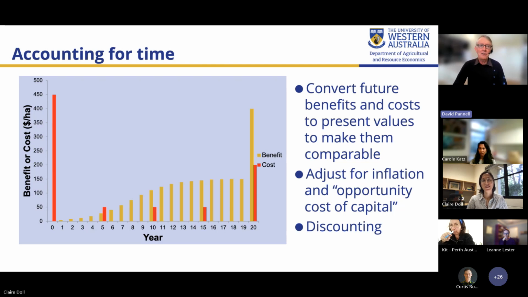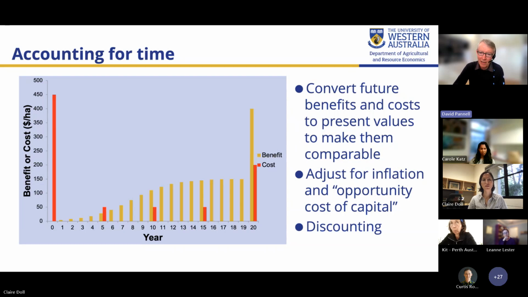All right, another issue that we have to grapple with is the issue of time. A very common pattern that we see is that the benefits of a project tend to be weighted more into the future, as you can see with the yellowy lines in this graph. The benefits are increasing over time, whereas the costs can occur at any point in time, but they tend to be more weighted towards the present. So we've got this challenge of comparing, loosely speaking, current or short-term costs versus long-term, distant future benefits, which can be quite challenging.